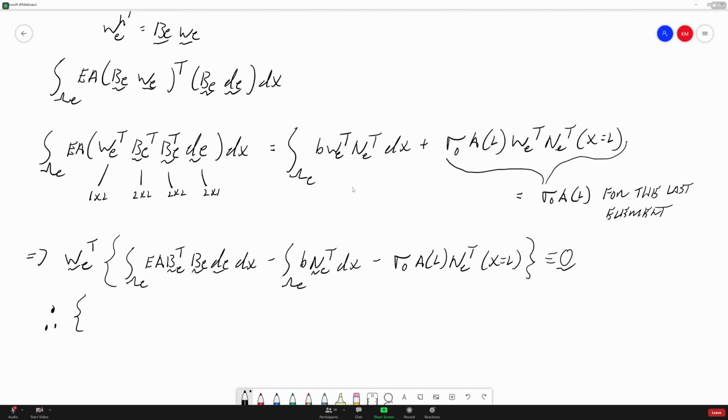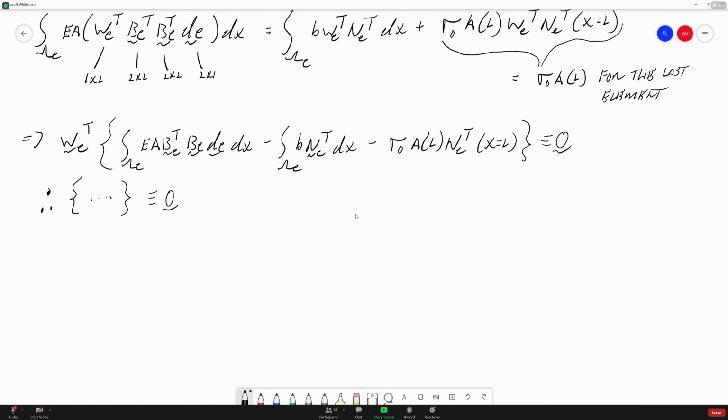Therefore, everything inside those parentheses we're enforcing to be 0. Or the integral over our element EA BE transpose BE dx